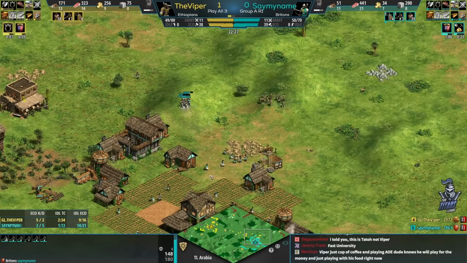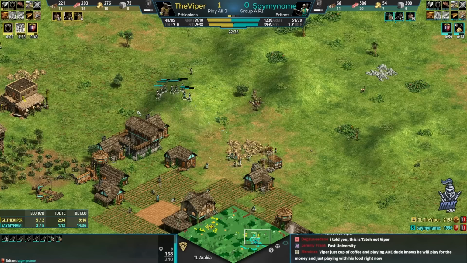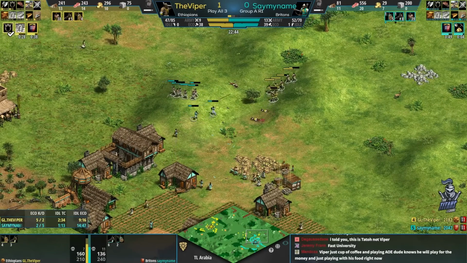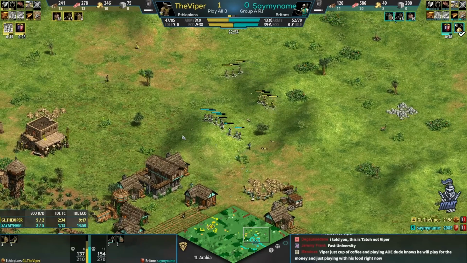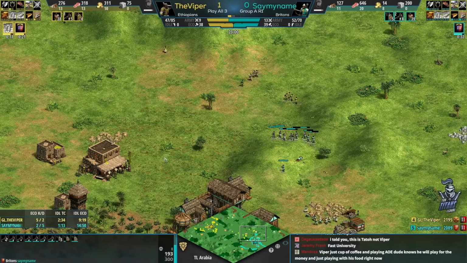So let's look at Viper's resource counts. It would be pretty gutsy for Saymyname to run forward here. But he just wants to fight on the hill, and he's actually taking some really good fights. I would not be this confident. I would have just avoided the hill, because I'd be terrified. Feels like Viper being up 10 to 20 seconds faster is going to make a big difference here, because then